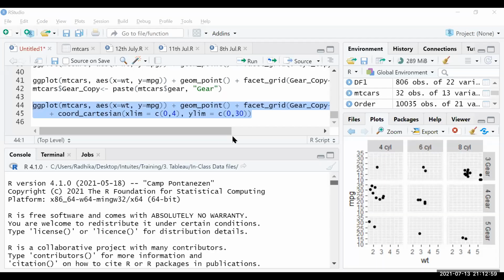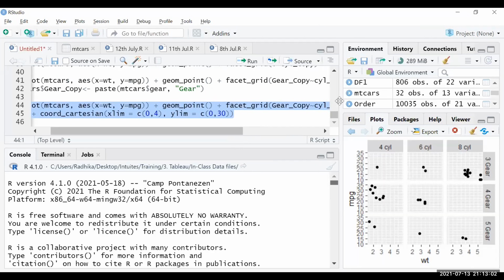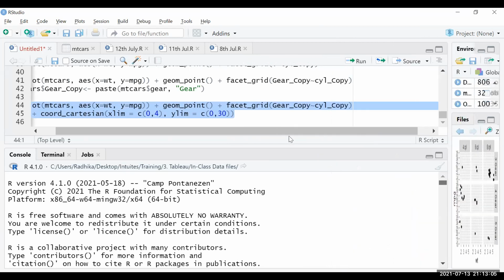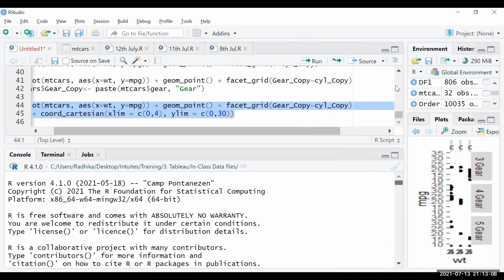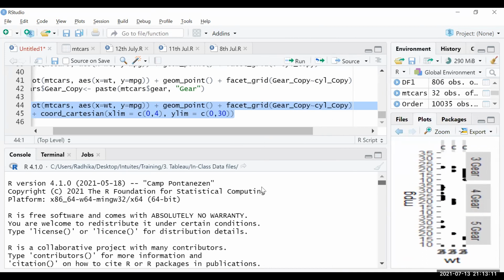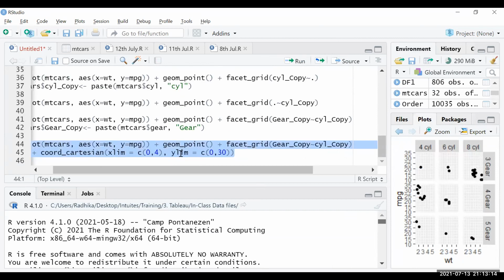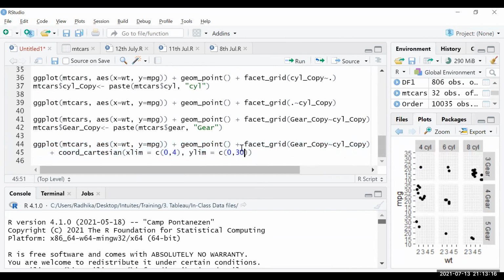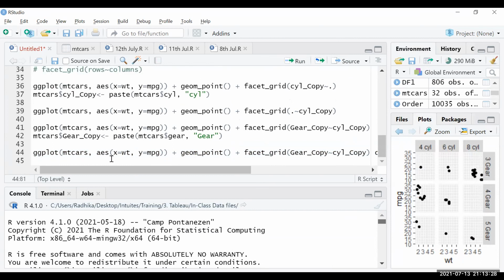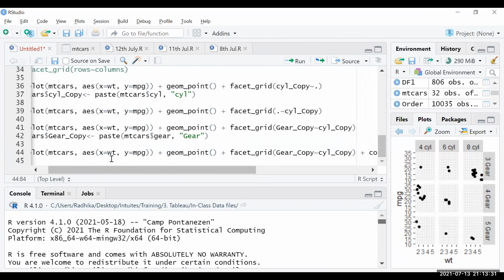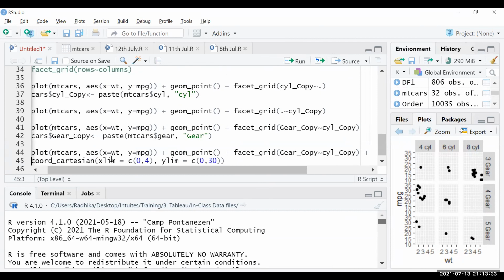I'll share my screen also. You see that plus sign there. It's on the left side. Plus sign will come on the above line. So the plus sign that you have written in line number 45, that should continue in the line only. The line break starts from the plus sign. The plus sign will come at the end of line 44. Yeah. And then I can press enter over here. Then you can do that.